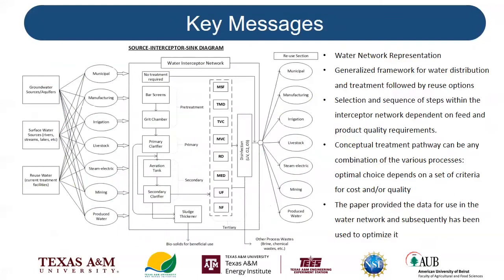And finally, in the key messages, we created the source interceptor sink diagram where we had groundwater source aquifers, the surface water sources, the reused water, and then they go through this use phase of municipal, manufacturing, irrigation, and stream mining and produced water. And then we have this interceptor network where we use the water that has been the wastewater from these processes, and we use this water interceptor network